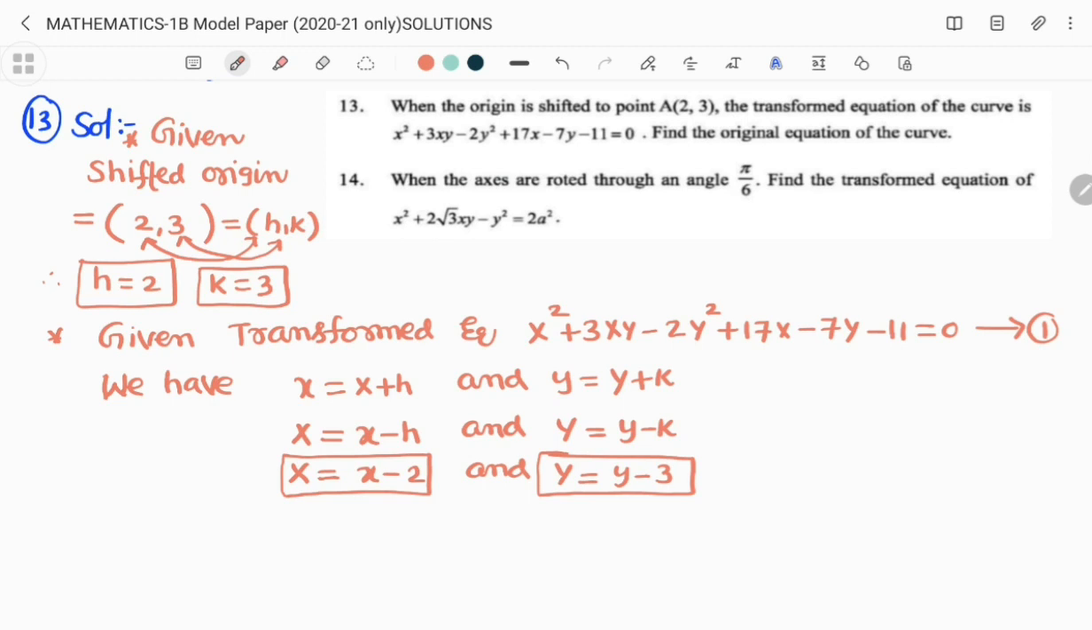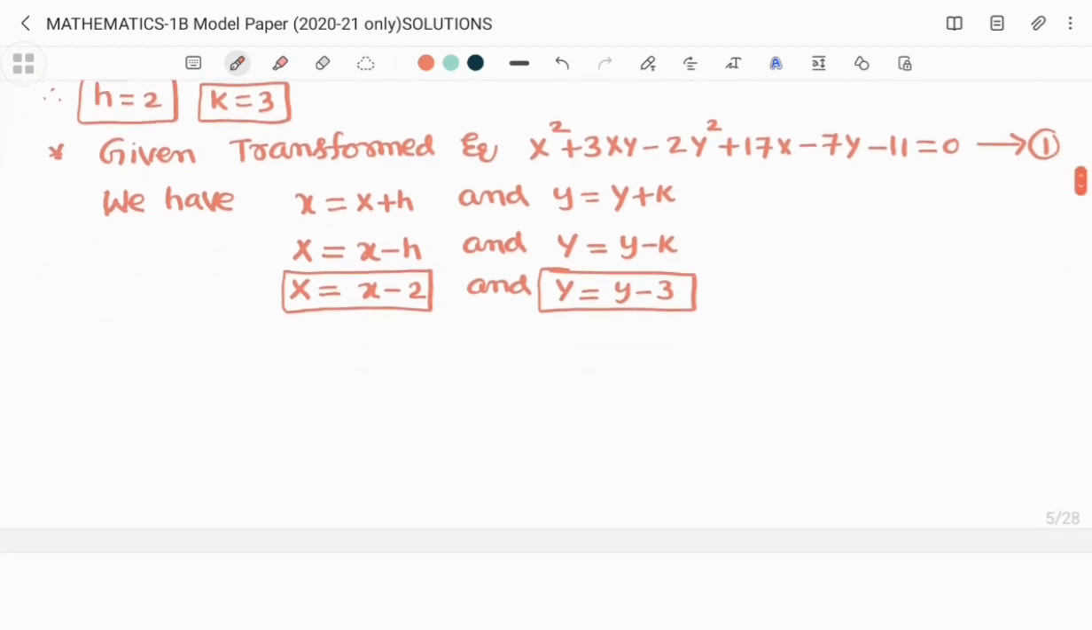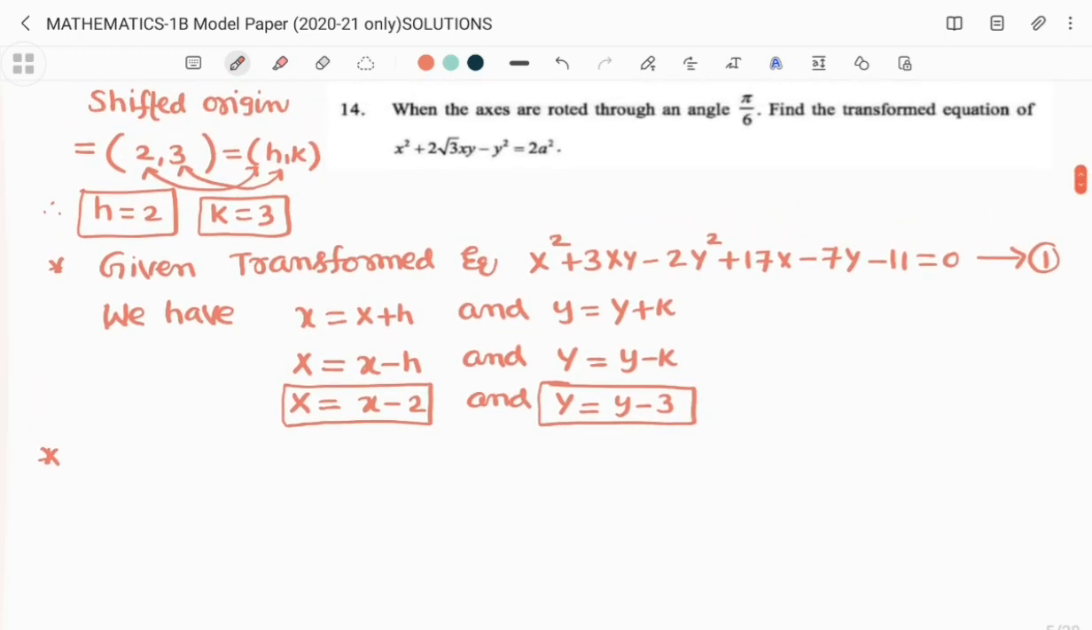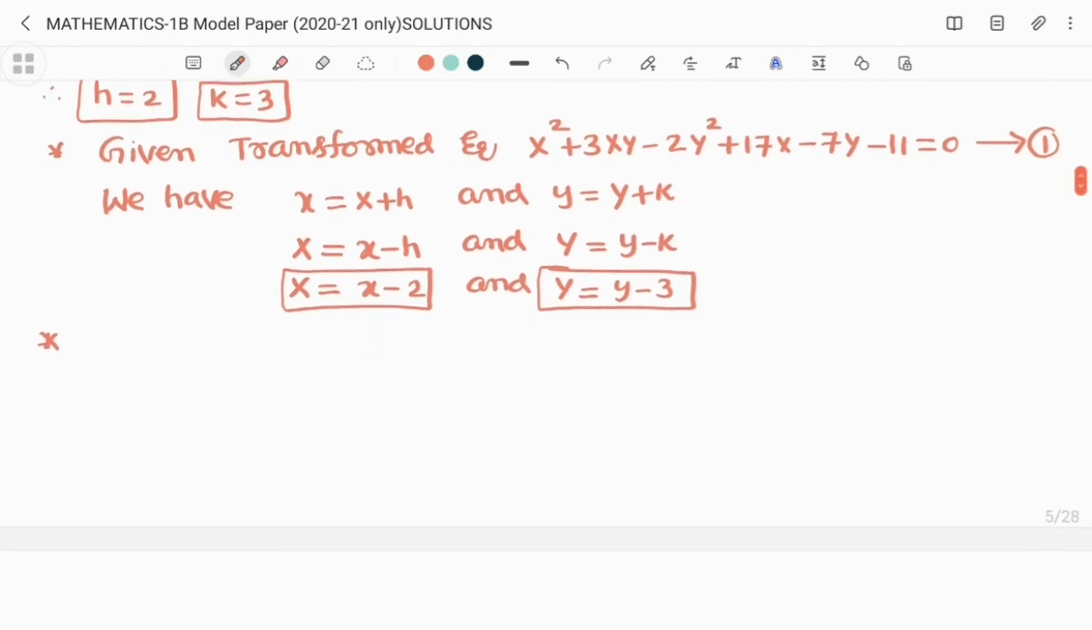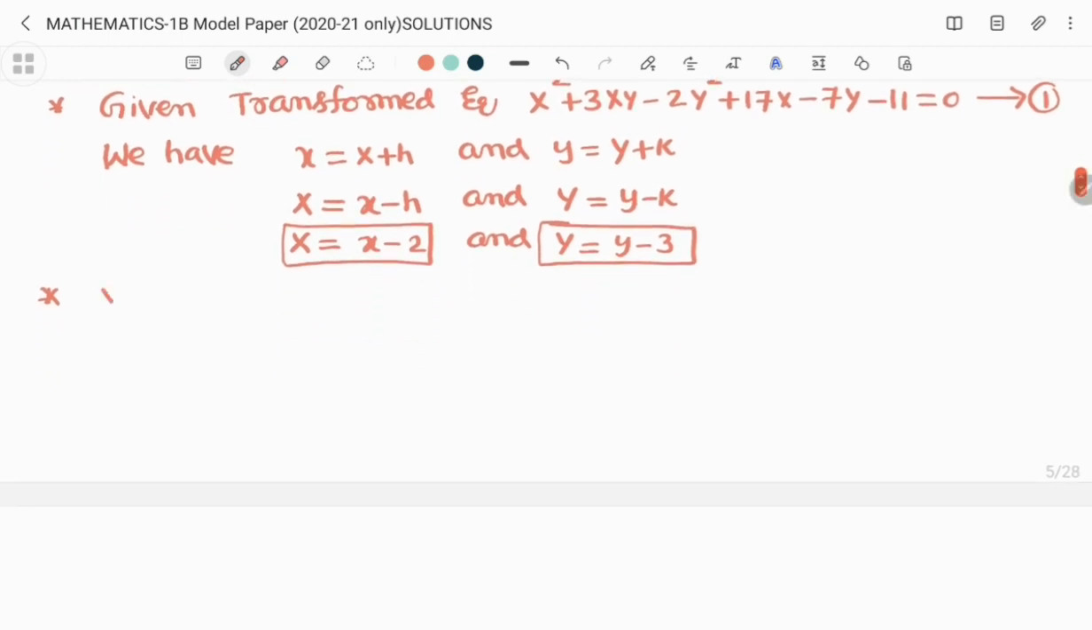So capital X and capital Y values substituted in equation 1, we will get the original equation. So now in the third step, this is the turning step. Till here you will get 1 mark, substituting in place of capital X and capital Y 1 mark, 2 marks. After the simplification and getting the answer is 2 marks. So capital X, capital Y values substitute in equation 1, we get